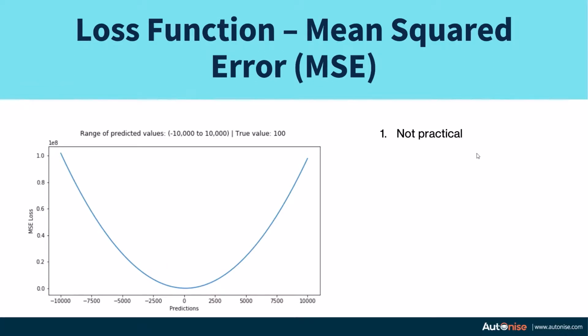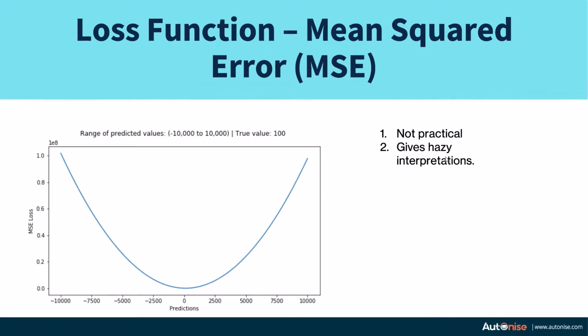This mean squared error is not practical. Even if we decrease the mean squared error value, it does not guarantee that our model is improving. We can understand that by examples. You can think about some examples in which, even though the mean squared error of a model is smaller, it might perform badly on accuracy, which is what we actually want to increase. So mean squared error is not practical, because if I say my model has a lower mean squared error than the other model, it does not necessarily mean that my model is good.